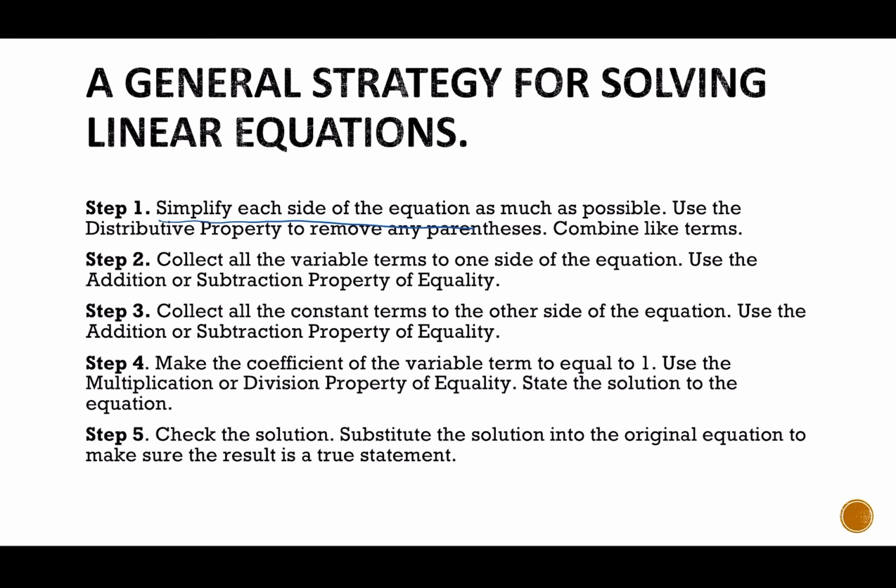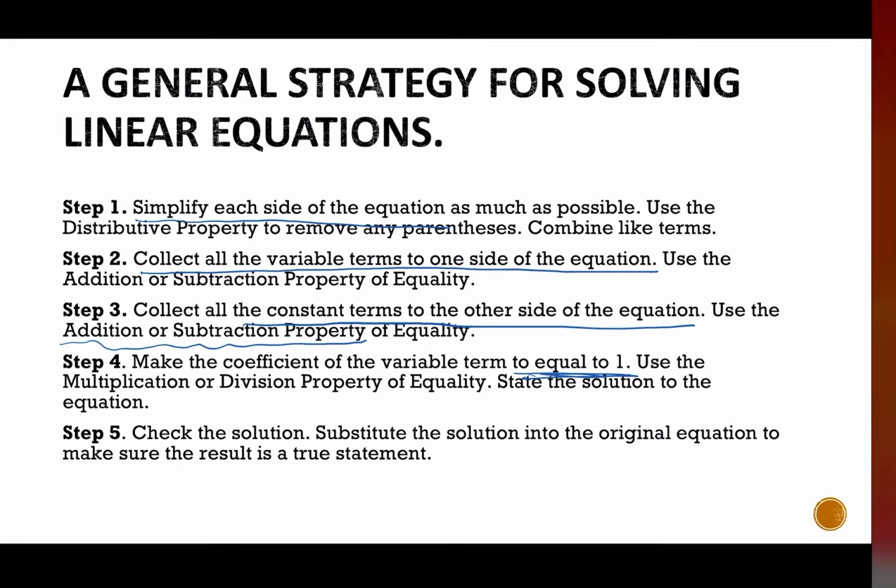Next, you want to make sure you collect all the variables on one side of the equation. For that, you're going to use the addition or subtraction property of equality. Then you want to move all the constant terms to the other side of the equation. For this, again, you'll also use the addition or subtraction property of equality. You're going to make the coefficient of your variable term equal to 1, right? You want to divide by the coefficient on x or multiply by the reciprocal if it's a fraction,